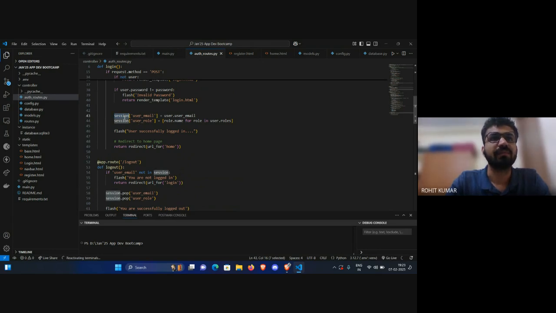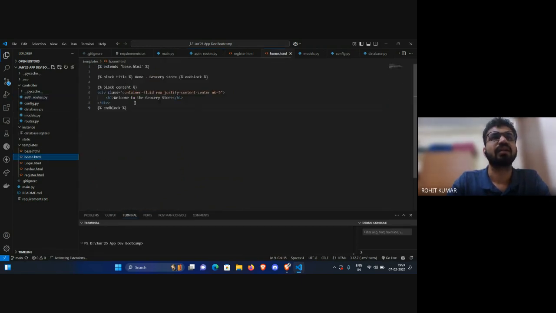And we'll be using this session itself to navigate. So when you have been successfully logged in, you are being redirected to a page called home. This has been written in the home.html. So right now in this particular template, we are just displaying welcome to the grocery store. However, what we want to do is